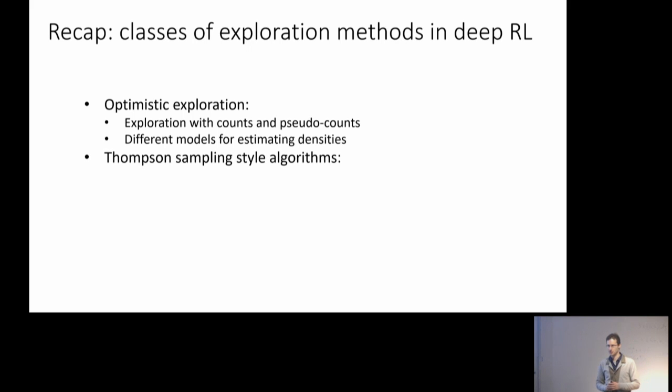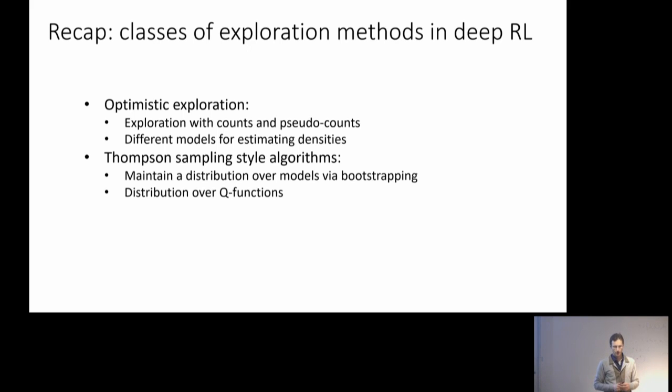We talked about Thompson sampling style algorithms. So these are methods that maintain a distribution over some kind of function, like a Q function or a policy. And we saw how we can, in particular, maintain a distribution over Q functions via the bootstrap, and then sample